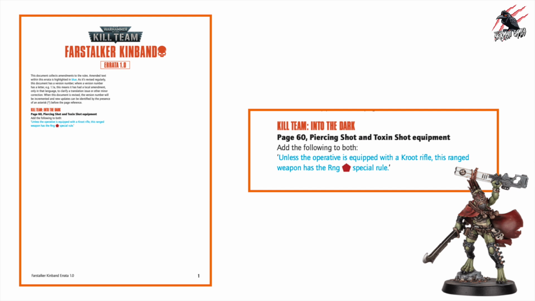This is for Kill Team Into the Dark, page 60, Piercing Shot and Toxin Shot equipment. Add the following to both. Unless the operative is equipped with a Kroot rifle, this ranged weapon has the Ranged Red special rule. So there we go. So that's going to maybe change it so we limit the range. That would be a bit of a shame, but yeah,